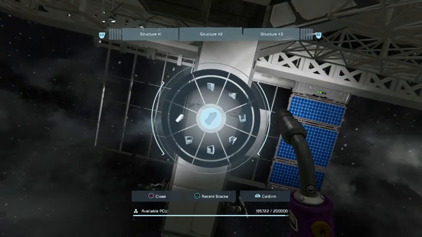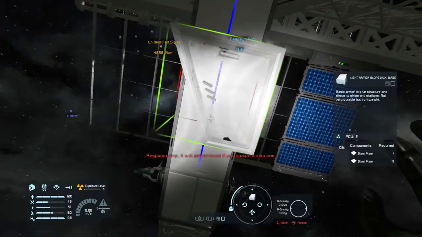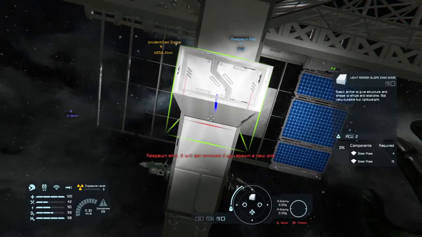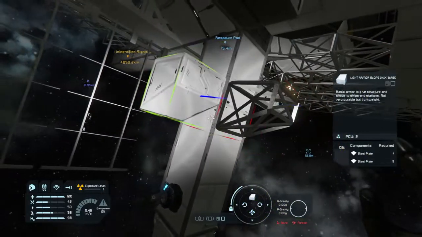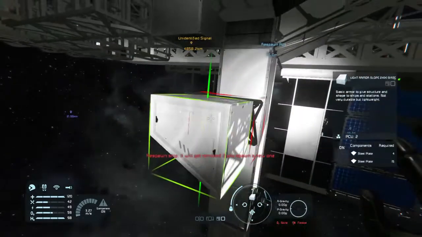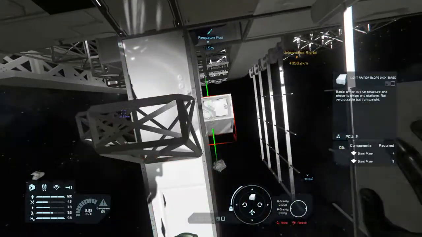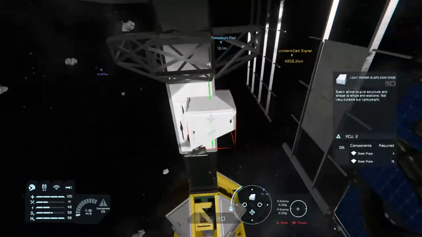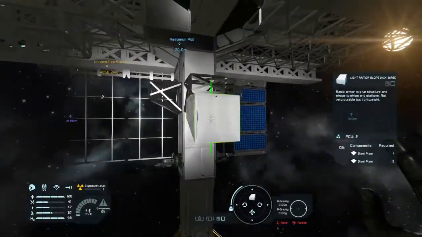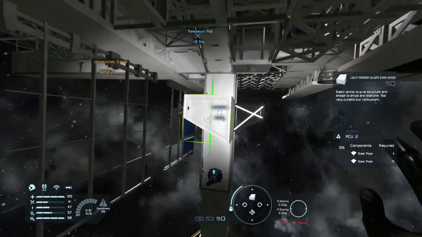I think what we're gonna do is we're going to do a light armor block, right? Like do it out to here maybe. Would that be, yeah, I think that would be a good baseline for, and we'll do the mobility right up here too. Get thrusters in all directions. And I think that that would work really well. So